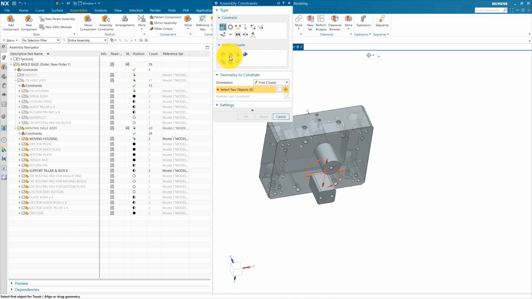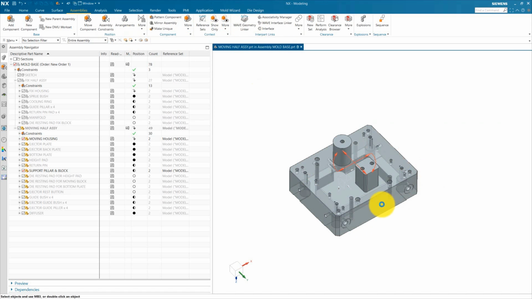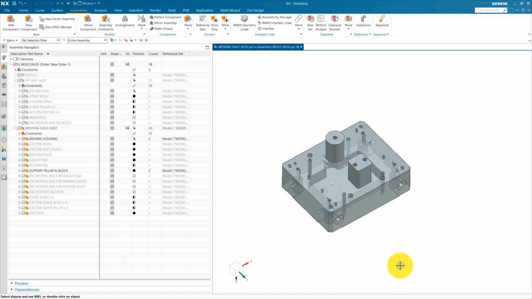We are going to use assembly constraint and distance. This support pillar and block is at a correct condition, so we simply add a distance and press it OK. Add one constraint this side. Now we are going to refresh this and check the degree of freedom. So now there is no degree of freedom, so we need to take care of this distance when we update